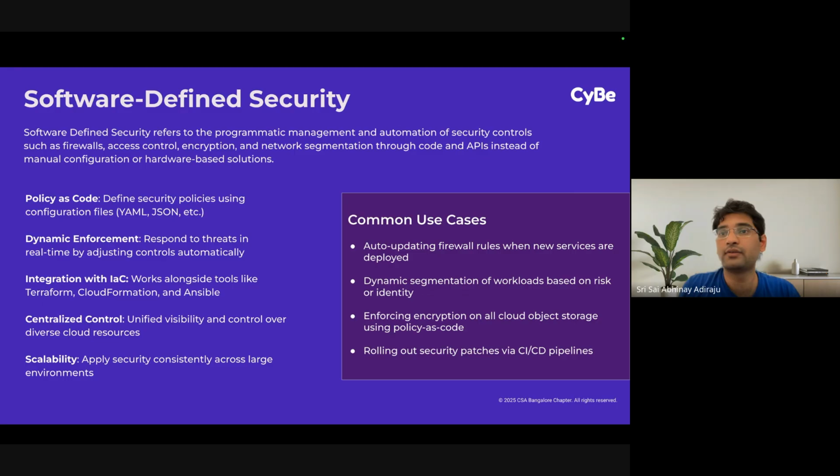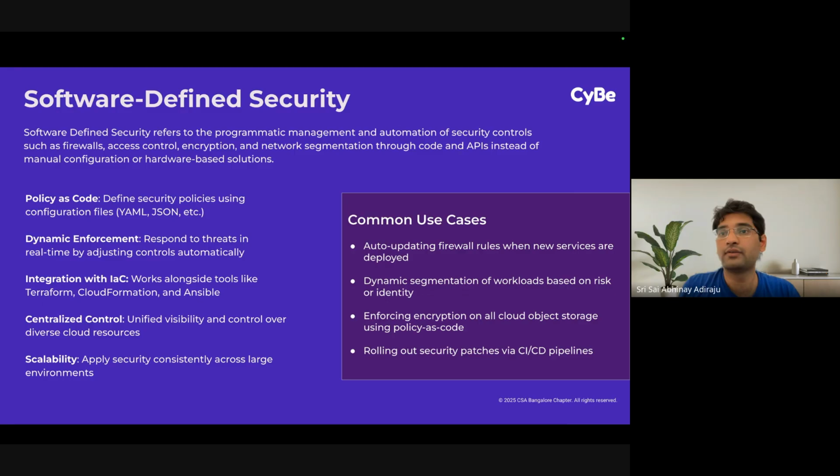Because of this switch, we are getting a lot of benefits, because a lot of scalability issues that we had in the past are now resolved. All of the deployments are being scaled within a span of seconds because you have flexibility in the code itself to be able to make the change. And then the rapidness at which we are able to put in security controls has improved a lot because of infrastructure as code, because everything is managed through code and you just have to change the number in the code, or the policy in the code, and then it gets reflected across all the deployments at one